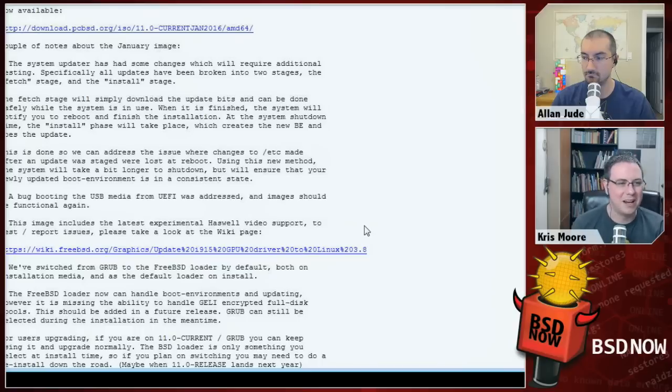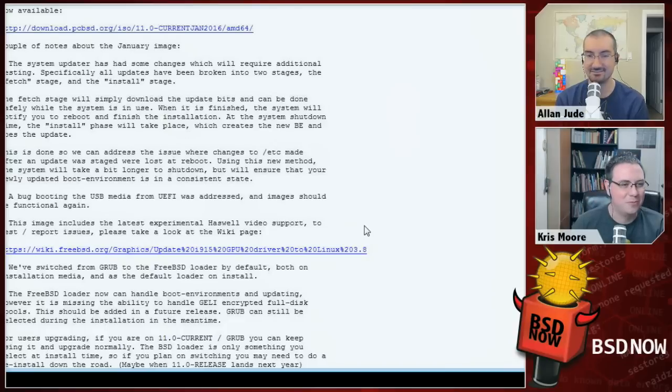prepare to do an update, everything is first fetched, of course, and placed on the disk. All the bits are there. At that point, you are prompted to reboot, and you can reboot now or 10 hours later or whenever it's convenient. When you reboot, it will actually do the update as part of the shutdown process, after everything has stopped and the disk is in a consistent state, and then the boot environment is created at that point as well. This was done to fix a long-standing bug, or gotcha,